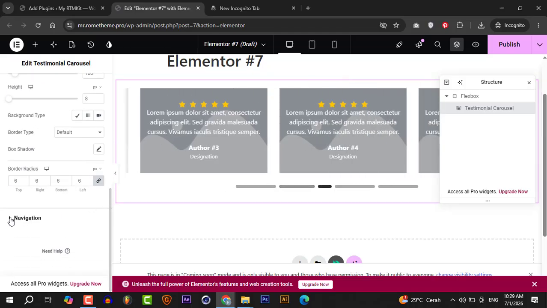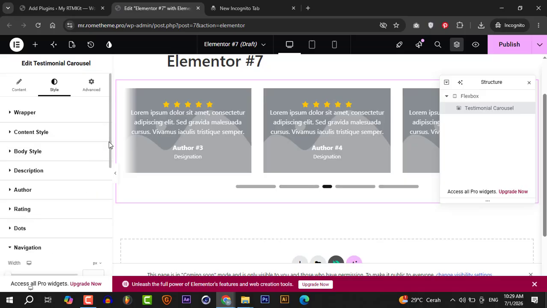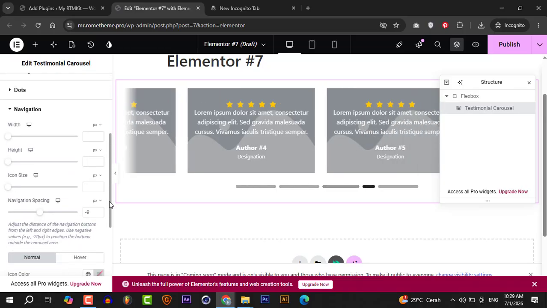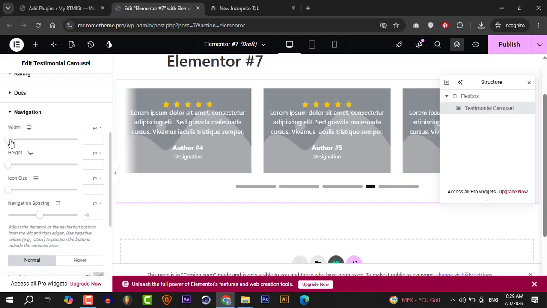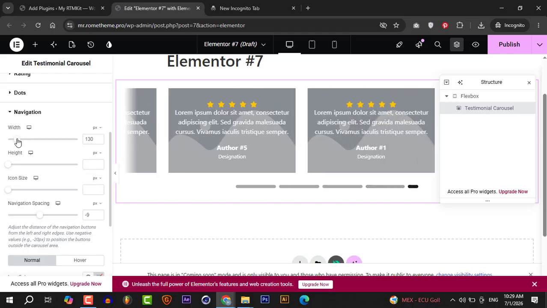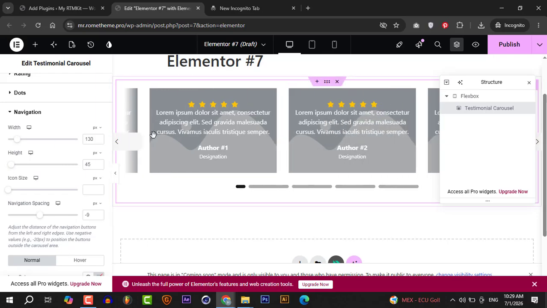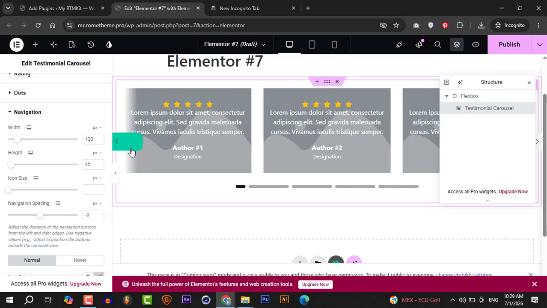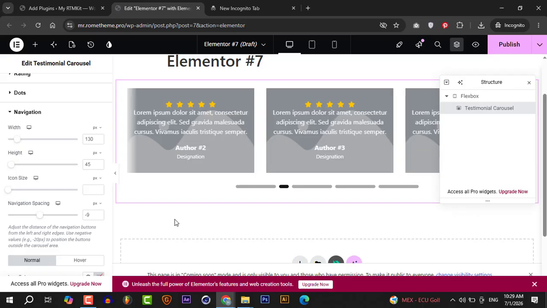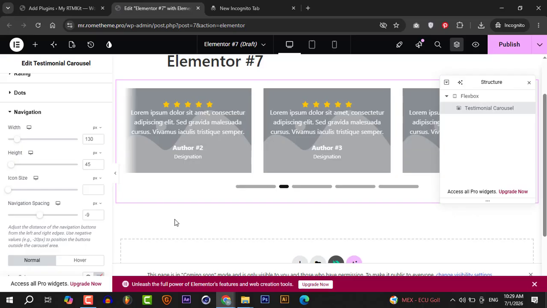And for the navigation, you can change the width as well. Here. Yeah, if you really want to create a testimonial carousel with RTMKit, make sure that you download